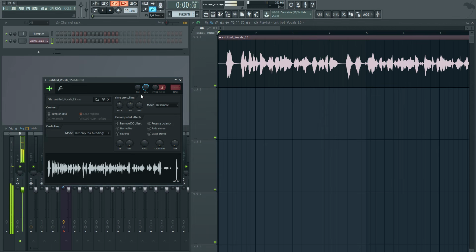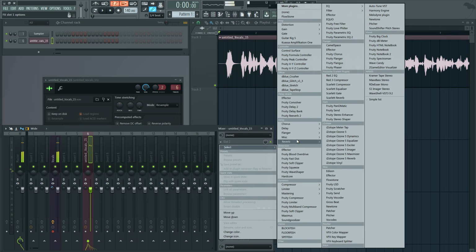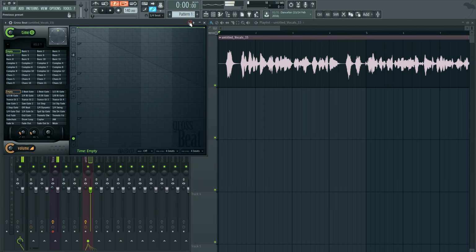What we're gonna have to do is make sure our track is inside of an FX slot. Then we go into our slots, go into Gross Beat. Yes, Gross Beat. So if we go into our presets, right click, go into turntable list, right? We'll have a lot of scratch patterns.